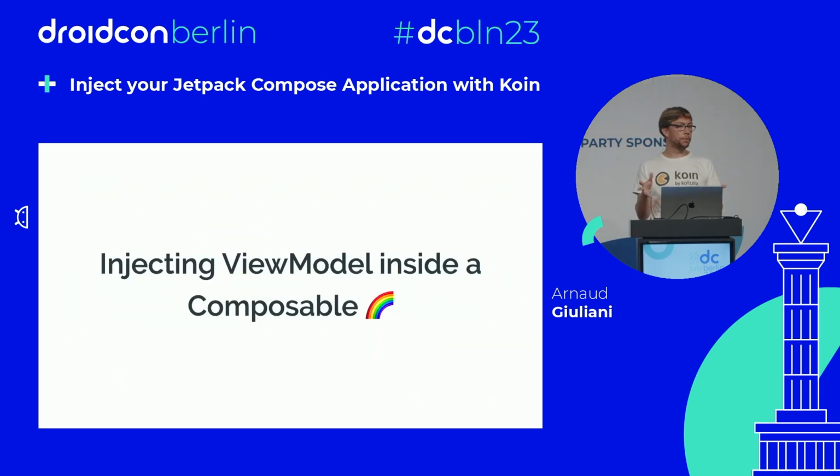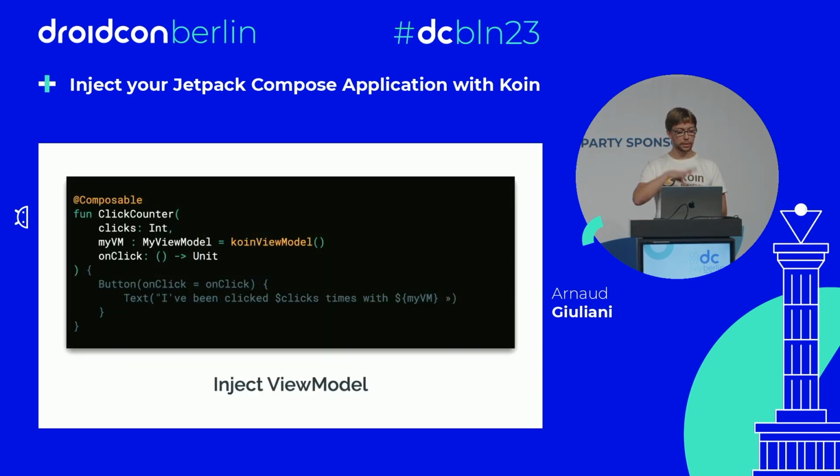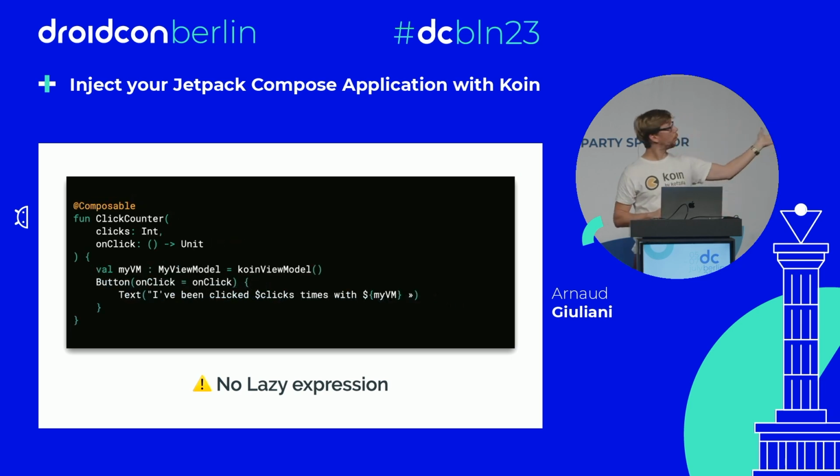If you are using view model, you will see it's not far away from that. The keyword in Koin is Koin view model, and then you will inject the view model, and it will be bound to the underlying activity or fragment that you are using it in. There is no lazy expression here, okay? Because usually in Android we are using by view model or stuff like that, but here directly we are using the equals Koin view model, and that directly triggers the creation of the instance and retrieves your view model here.